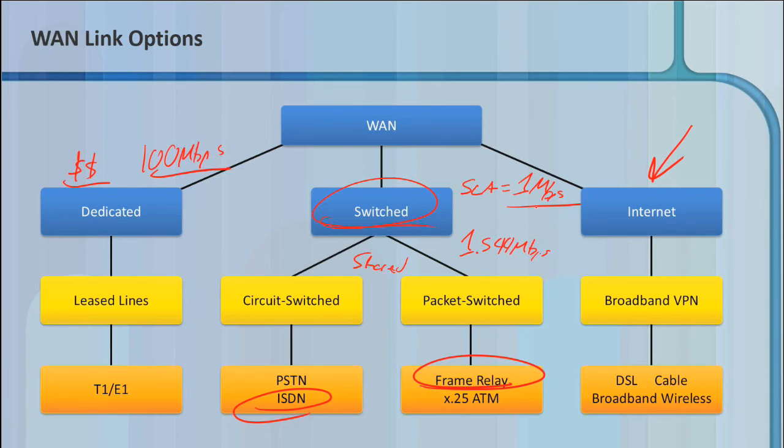And they go, well, it's shared, and we've got it oversubscribed. You know, we've got a 10 meg pipe, and we've got 10 users on it. So you could go up to 1.544, but if everybody's going full speed, you're only going to get about 1 megabit per second. So switched is shared, so your bandwidth could vary, but you're still getting an SLA,